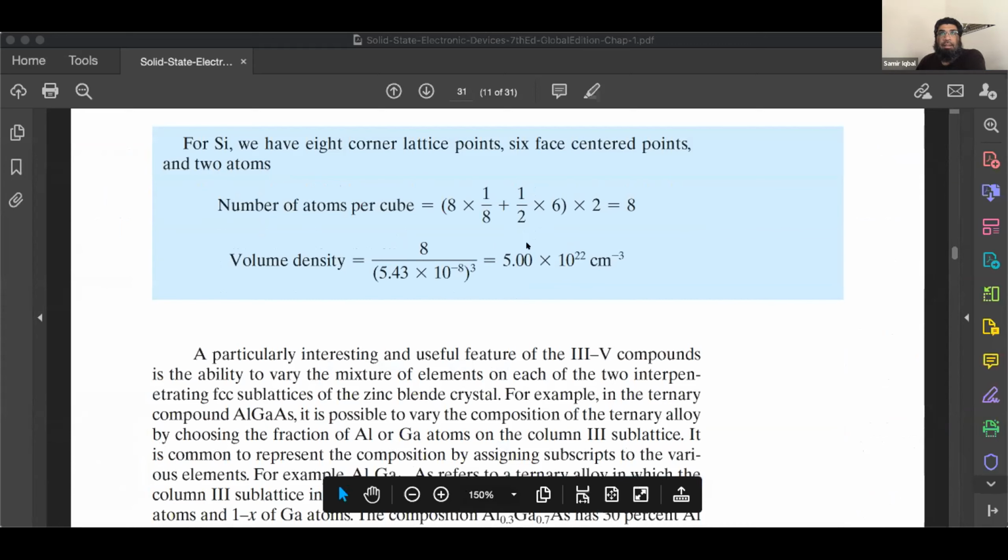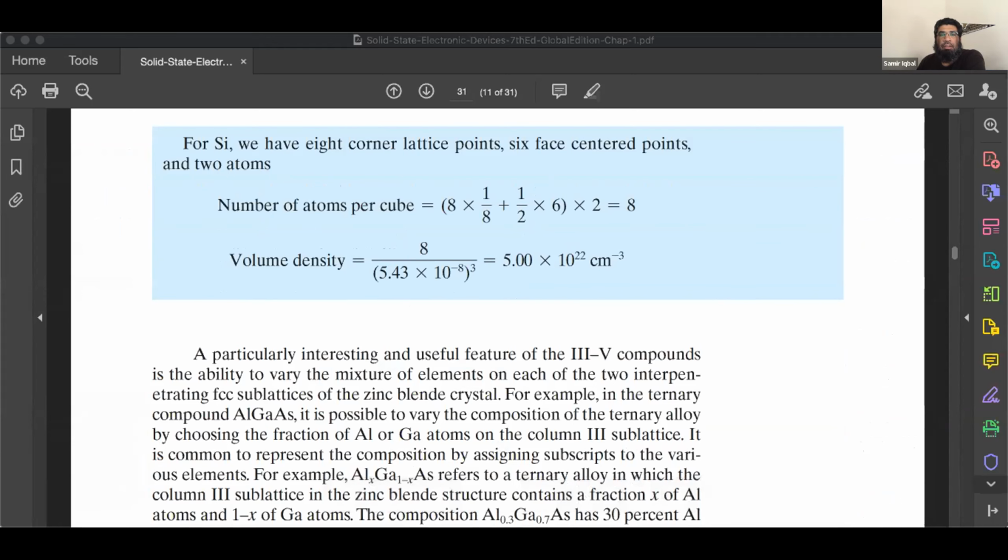All right, you see that? So that's again a simple calculation, but you have to know where to look for the answers. So total 8, 8 divided by this, we have exactly 5 times 10 raised to 22 atoms of silicon